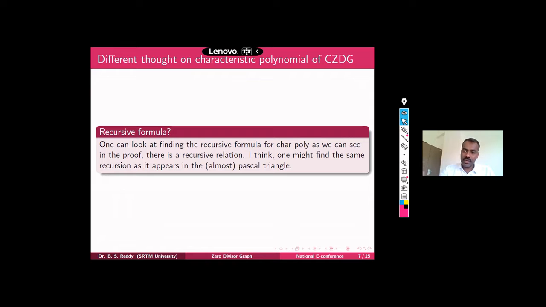So the compressed zero divisor graph of gamma, that means Z of P power n, it is done. We also did it, and I will show you the other paper. They also did it independently, almost within one or two months, and it is published. But for the remaining cases of Zn, it is still not calculated. One can try whether it is possible to calculate the characteristic equation, or at least if some lambda is a non-zero eigenvalue, whether it can satisfy some particular type of thing, just like how we did for P square Q. So that is still open.